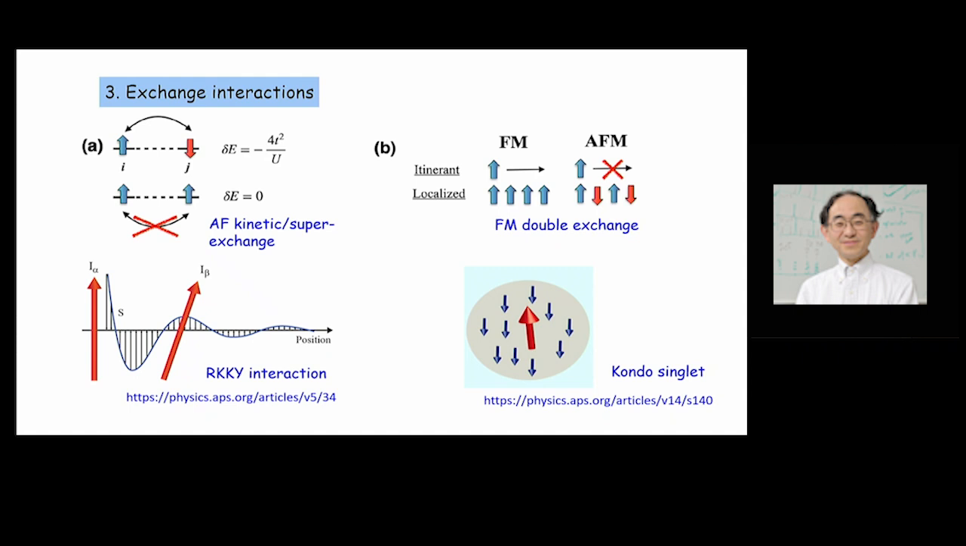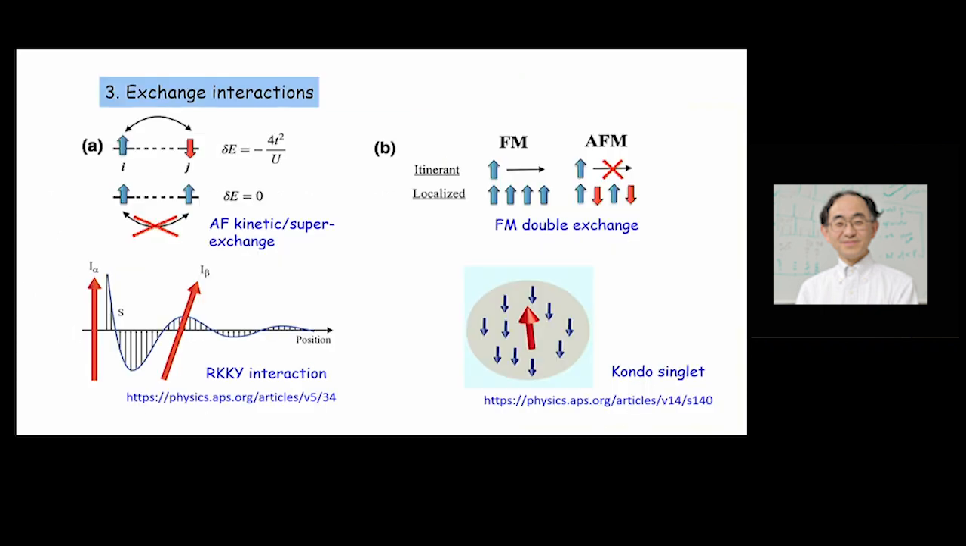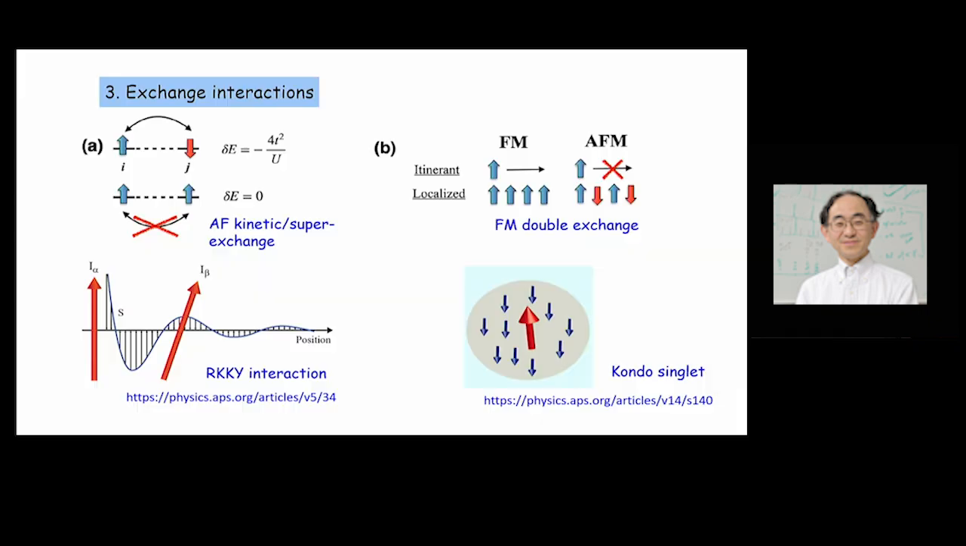And then usually if you have a Mott insulator, then if you have a transfer integral between the two, your magnetic interaction becomes antiferromagnetic. But for example, if you have charge carriers or doping holes or electrons, then what happens? Okay, so then